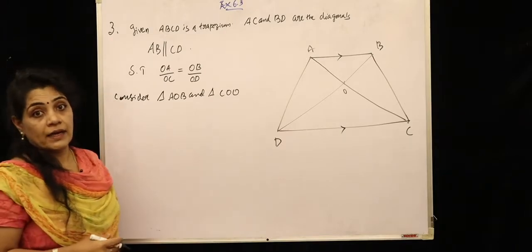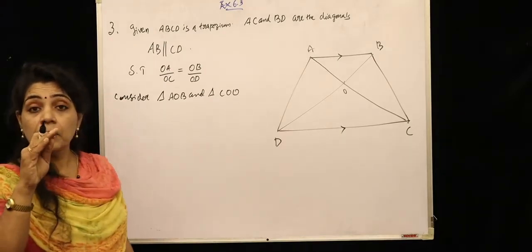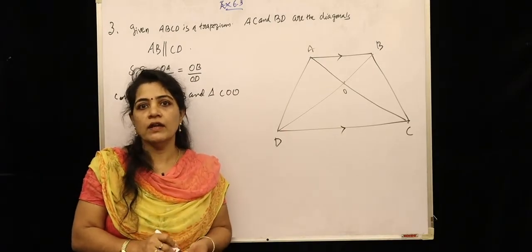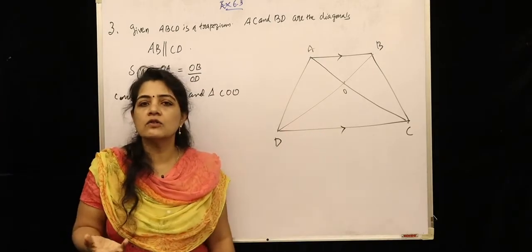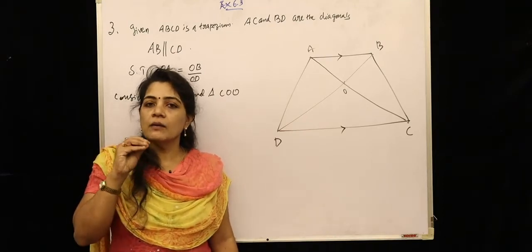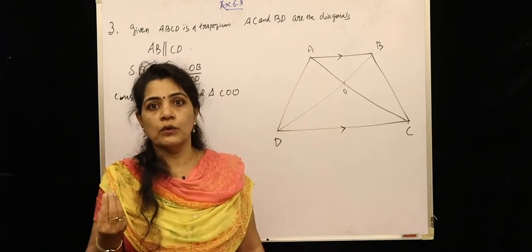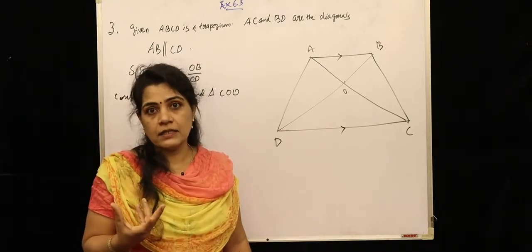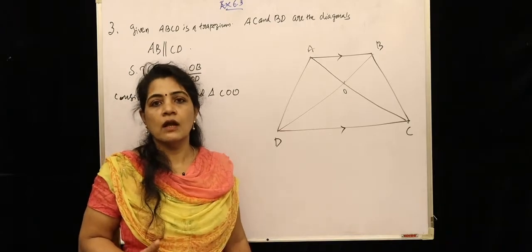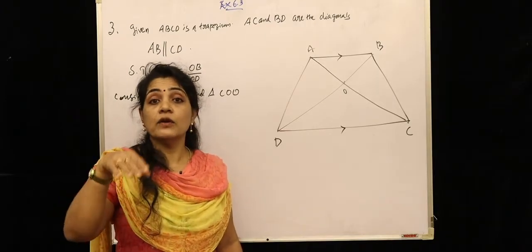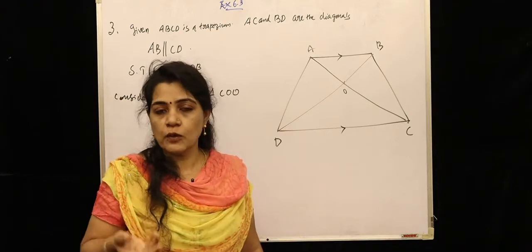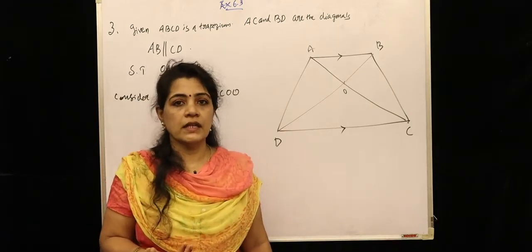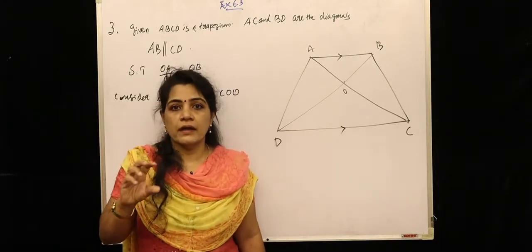Now we are going to apply the result. What all things are given? AB parallel to CD. If two lines are parallel, okay, here children, nothing is given in terms of angles. But we can apply the result which we know. Okay, that is vertical opposite angles are equal. Some problems we can use linear pair axiom, just we have seen the previous question. Okay, and if they are parallel, you can apply that results of corresponding angles are equal, alternate interior angles are equal, co-interior angles are supplementary. All these results can be applied.